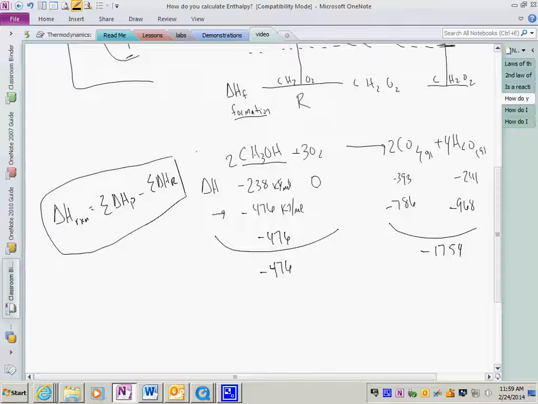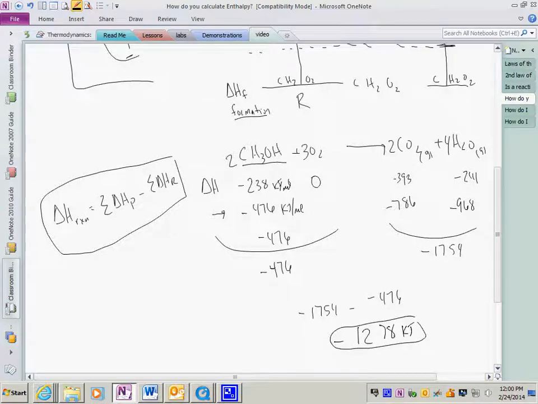So it's going to be a negative 1754 minus 476. If you subtract those two values, you get a negative 1278 kilojoules. Now, it won't say kilojoules per mole